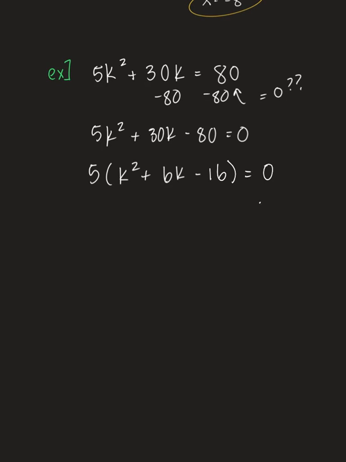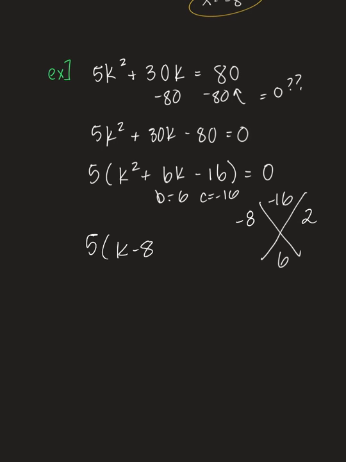Okay, so now we're going to make our x, because we need to factor that quadratic inside. We know that b is 6 and c is negative 16. So negative 16 goes on the top, 6 on the bottom, and now we have to think of two numbers that multiply to negative 16 that add to 6. So we get negative 8 and 2. We don't have an a value in this quadratic, so we don't have to divide by anything. Those are our factors, and we can write this out as 5 times k minus 8 times k plus 2